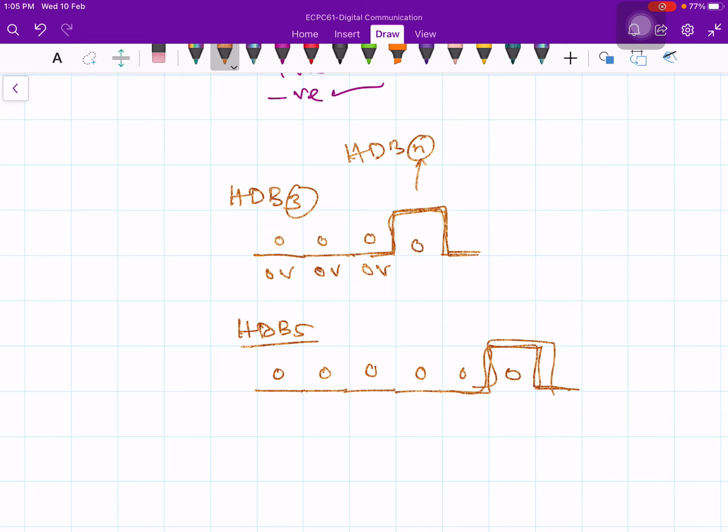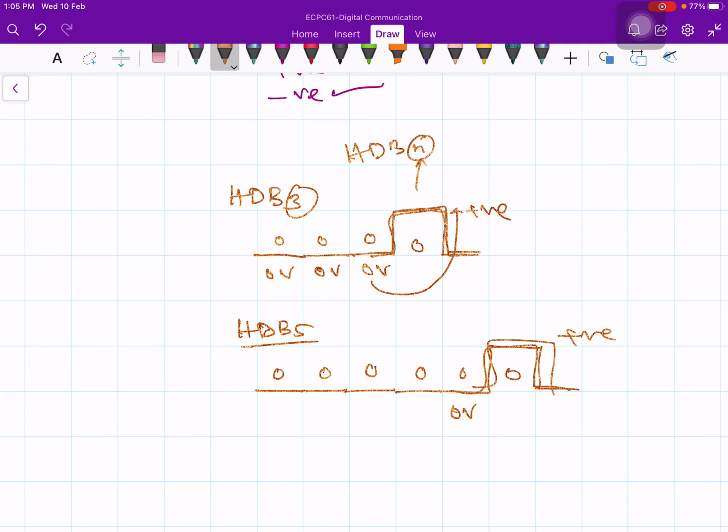Okay, you will change the nature of 0 from 0 volt to a positive voltage, in a manner that at the receiver you will know somehow that a 0 was transmitted. Actually a 0 has to be interpreted, and the way to do it is, if you get a long string of zeros, follow it up by a mark of a different rule than the one which I am using in the AMI.